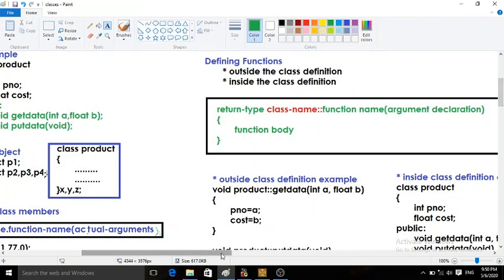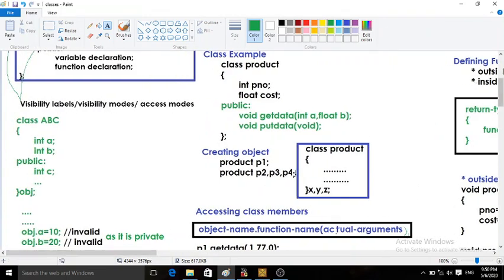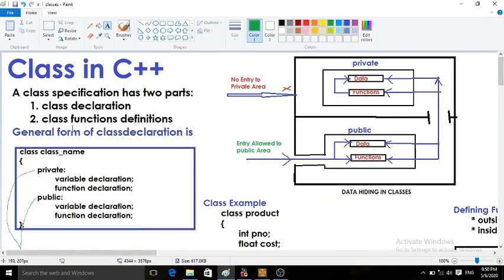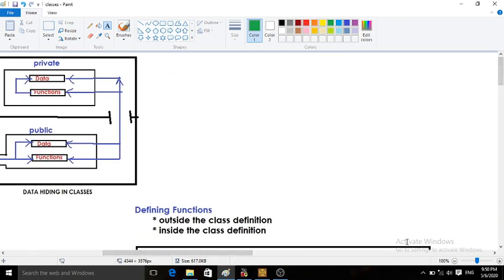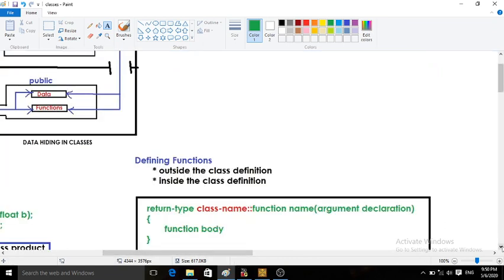still the second step, class function definition, remains. Now let us look at the class function definition. Class functions can be defined in two ways: defining member functions outside the class or inside the class.